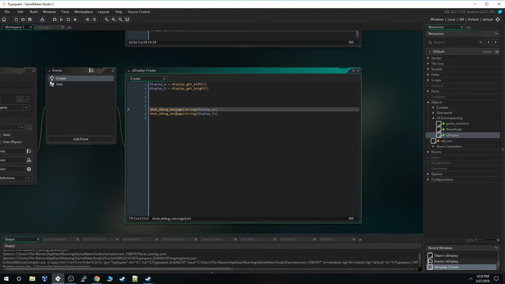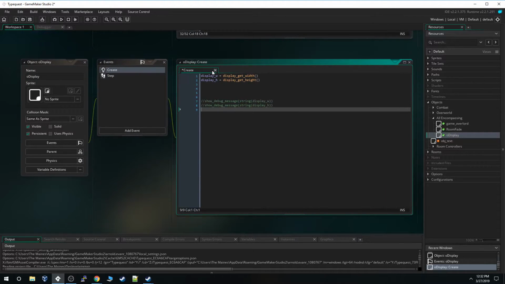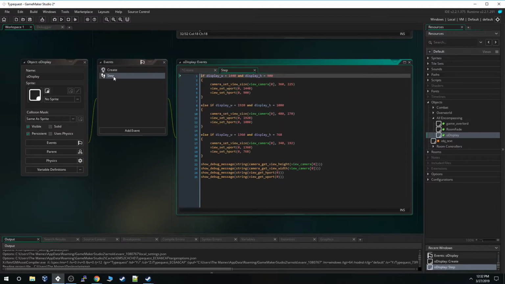This part you don't have to worry about because this was just for debugging purposes, right? We can comment that out now. But the first thing that we do is we create an object. We just called it ODisplay, and I pop it into the first room of the game, right? So when it's created, it grabs the width and height of the player's display, and then all throughout the game,